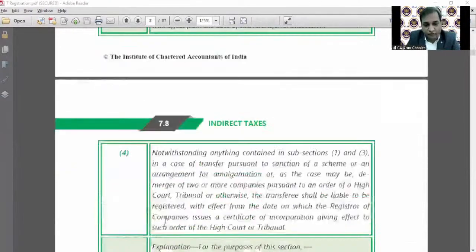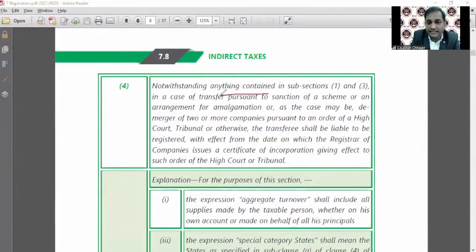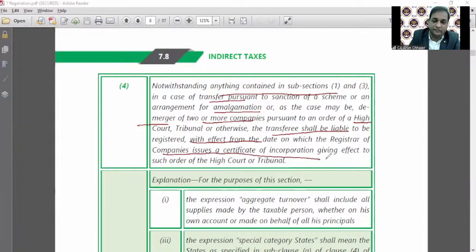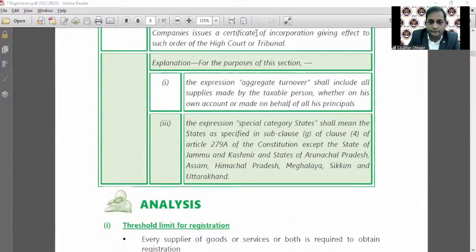Fine. Subsection 4 talks about, notwithstanding anything contained in subsections 1 and 3, in case of a transfer pursuant to a scheme of amalgamation or demerger of two or more companies pursuant to an order of the High Court, the transferee shall be liable to be registered with effect from the date on which the ROC issues the certificate of incorporation. So it is a very simple theoretical point. The aggregate turnover shall include all the supplies made by the taxable person, whether on his own account or made on behalf of